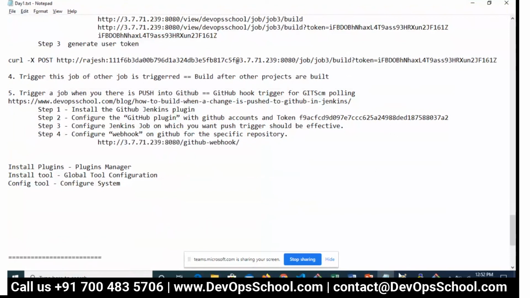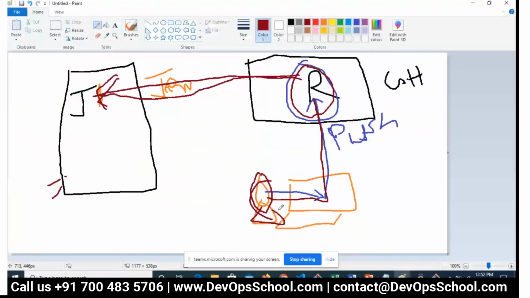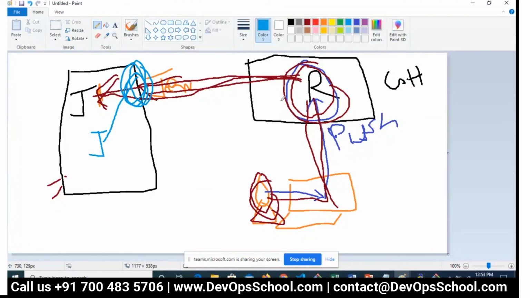Now what happens? See that, understand the architecture. When a developer pushes the code to GitHub, now GitHub should trigger which job? Which job? So basically GitHub cannot trigger a job. GitHub triggers one of the URLs here, and this URL is intelligent enough to trigger that specific job which has been pushed actually.